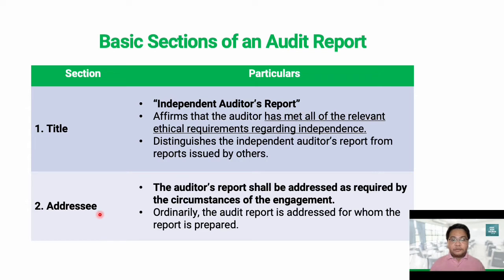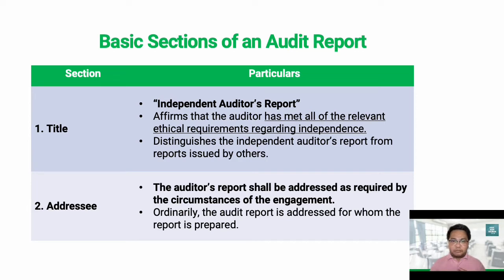The next section of the auditor's report is the addressee, and we should address our audit report as required by the circumstances of the engagement. Usually our auditor's report is addressed to whom the report is prepared for. In practice, that would be addressed to the board of directors of the company, because they are the ones charged with governance, or the board of directors and the shareholders of the entity or company. Sometimes the officer could be included, for example, the president and the board of directors,